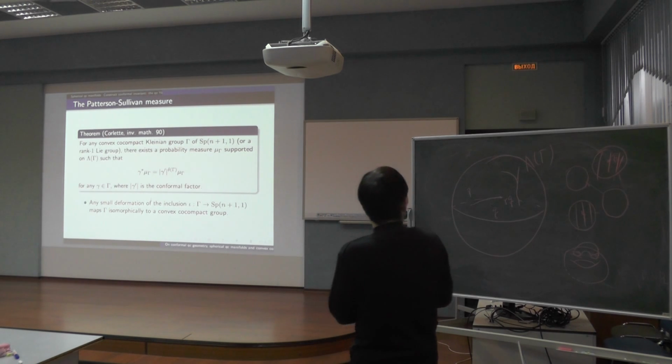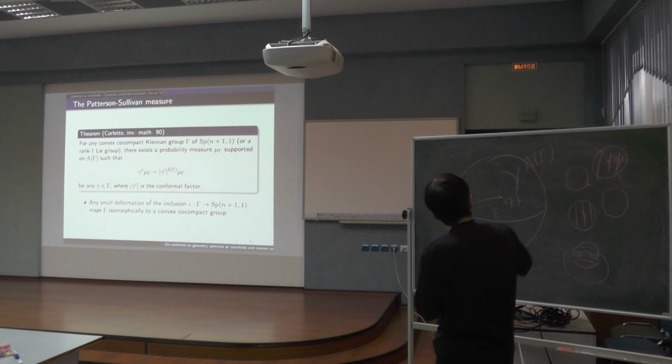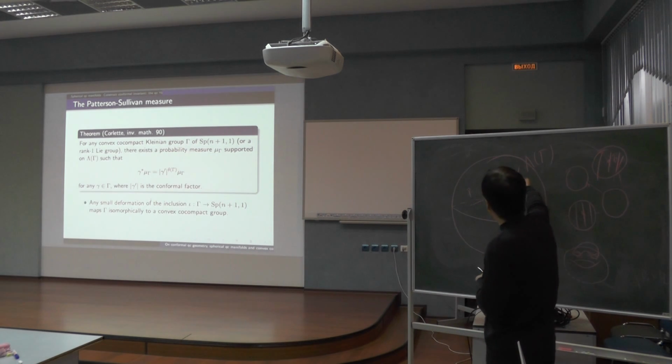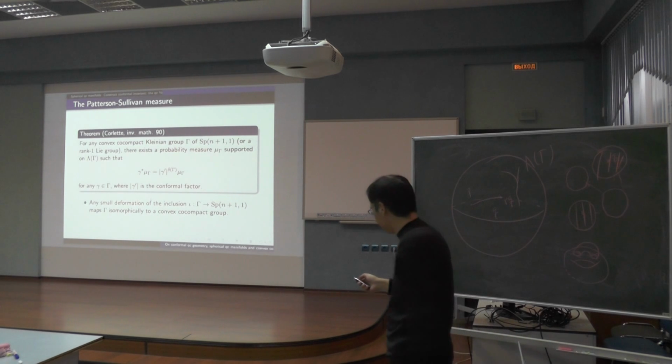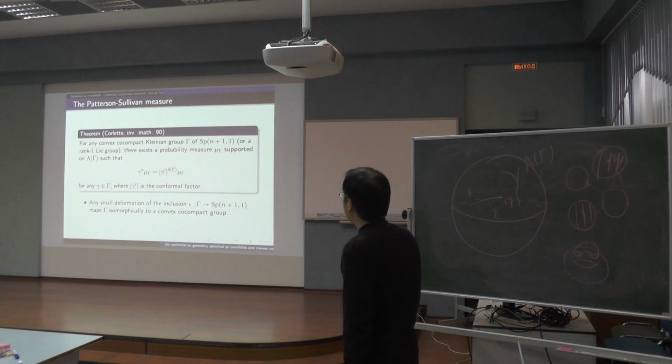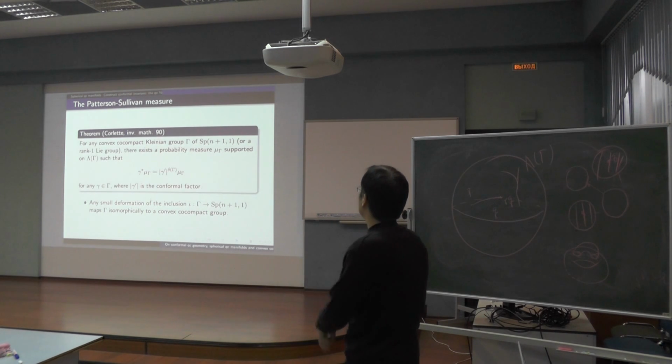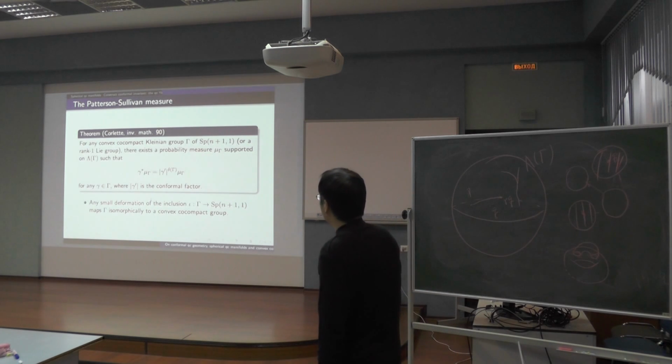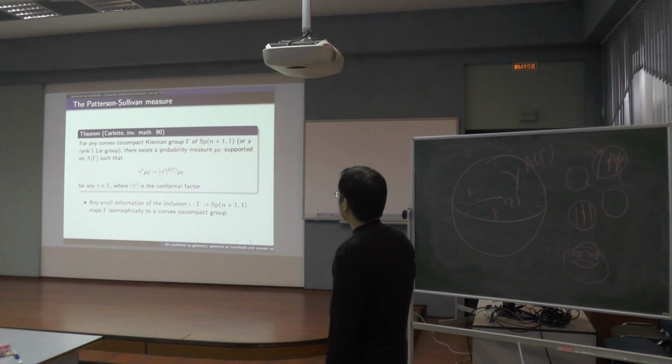So there is a measure supported on the limit set of this group. It is known for any rank 1 Lie group. For a convex co-compact Kleinian group, Kleinian meaning a discrete subgroup of a rank 1 Lie group, we can find a probability measure supported on the limit set. It was originally done in the Riemann surface case by Patterson and Sullivan, generalized to SO(n,1), and Corlette generalized it to any rank 1 Lie group